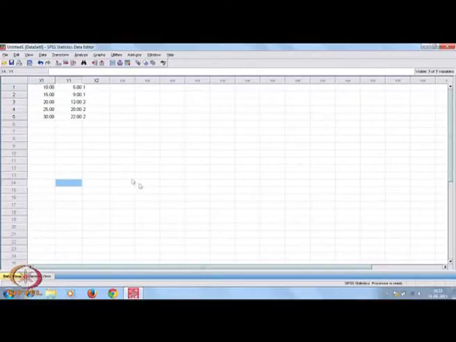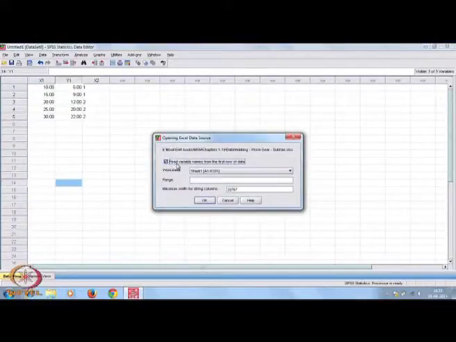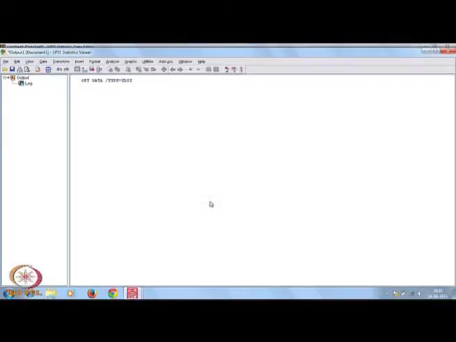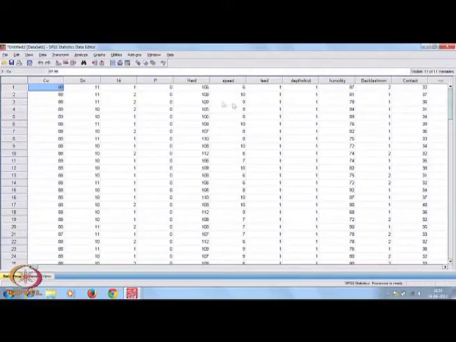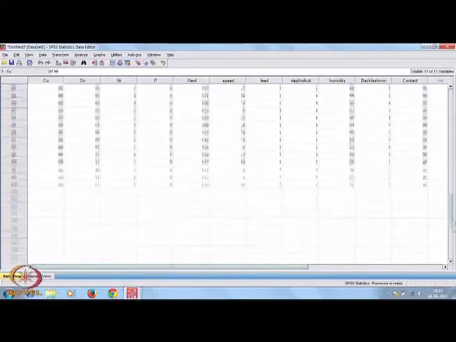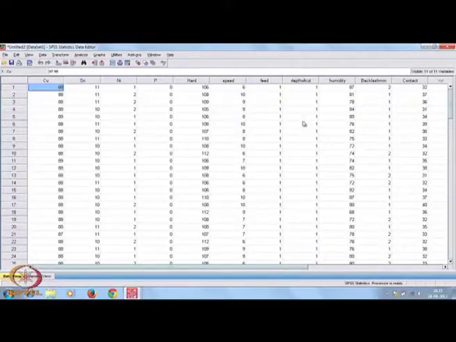Then one comment comes up, asking whether to read variable names from the first row of the data. If you say OK, then all the variables and the related data are available in SPSS. Correct.